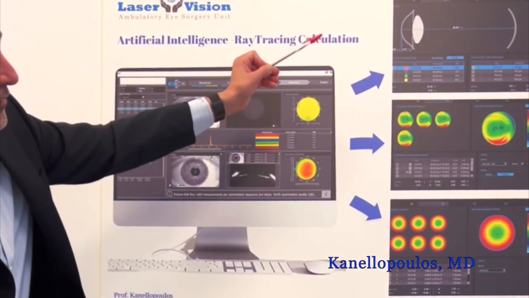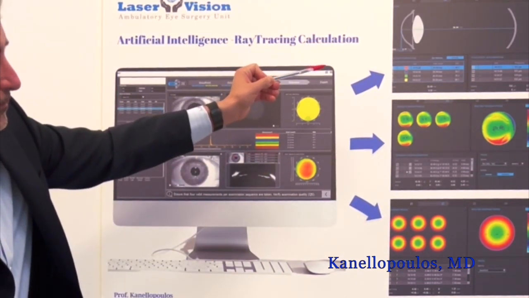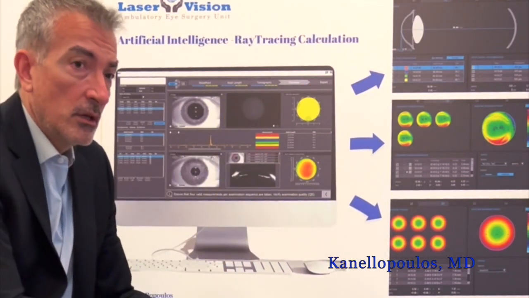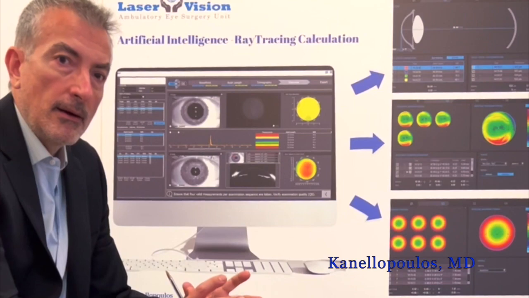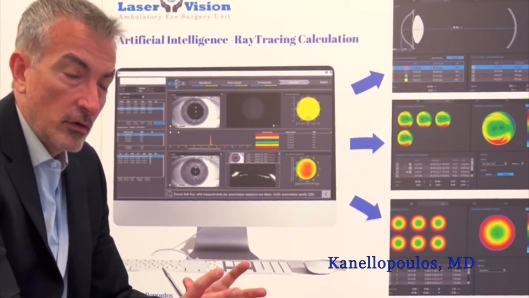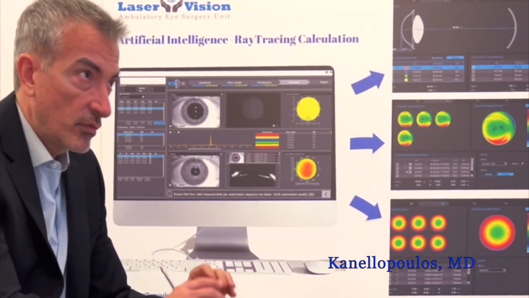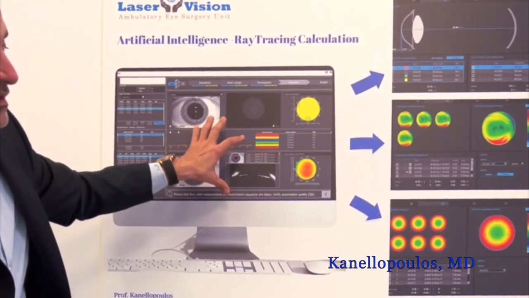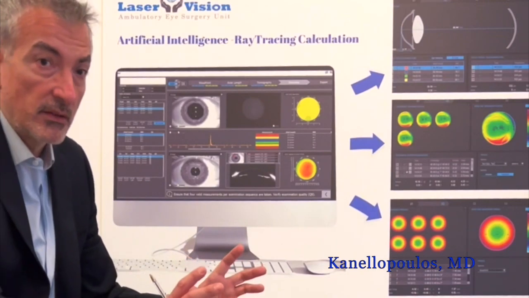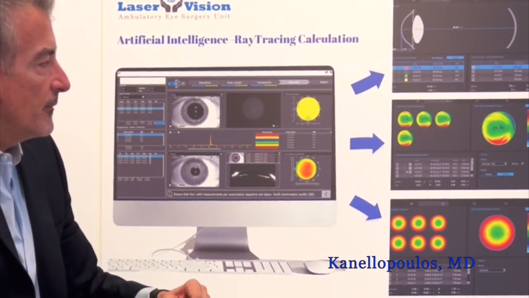So the data from the LENSTAR are initially used so the device constructs a 3-dimensional avatar of each eye of a patient. So a 3-dimensional model of each individual eye studied with the SiteMap is being constructed by the software. And then the